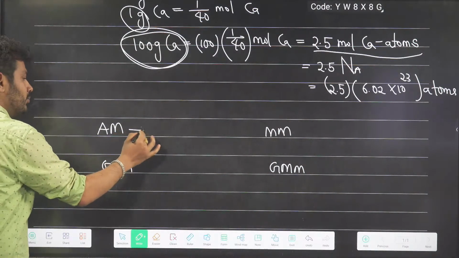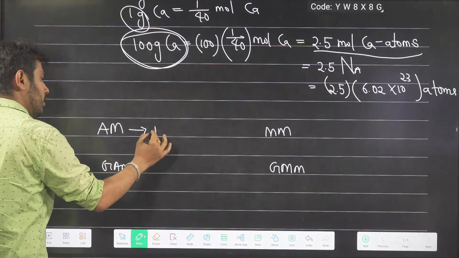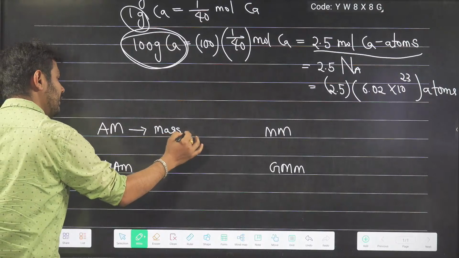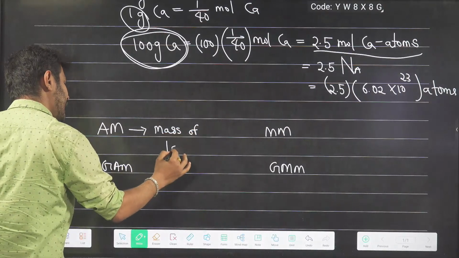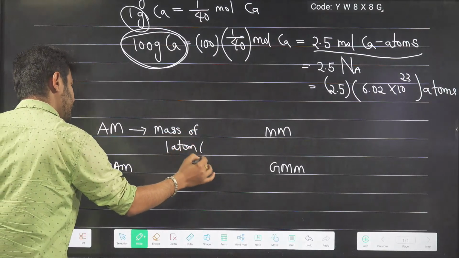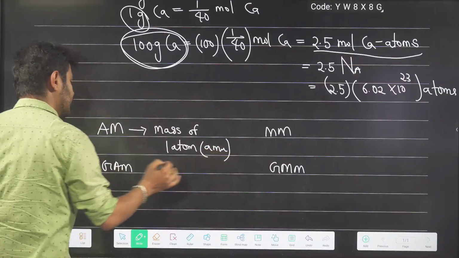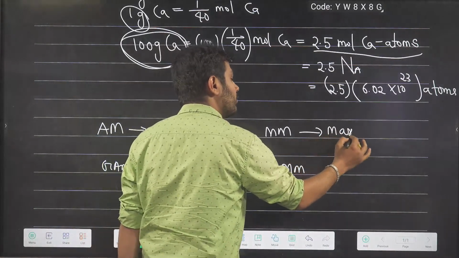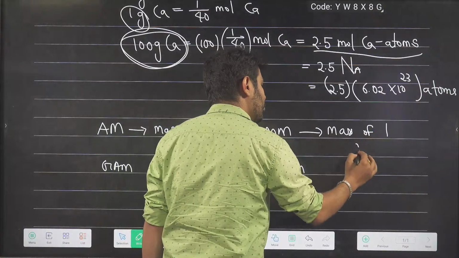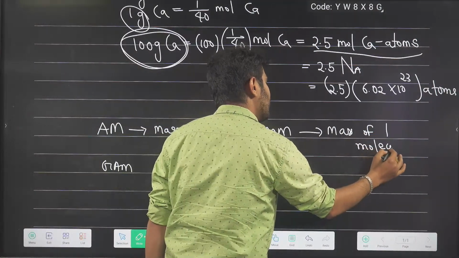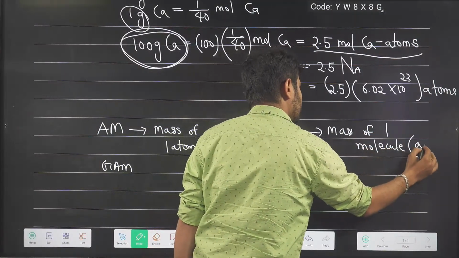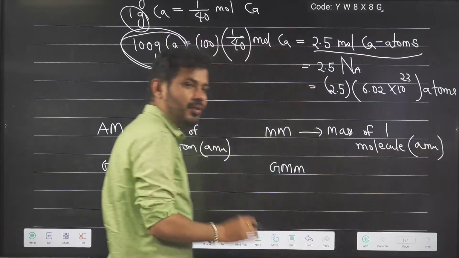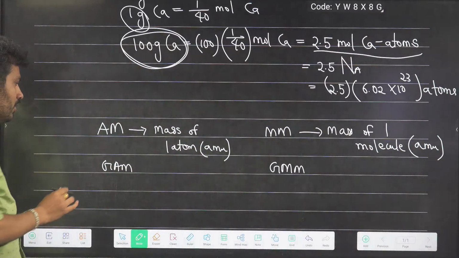So atomic mass means mass of, all are related to mass only. This is the mass of one atom. Mass of one atom in terms of AMU is atomic mass. Similarly, mass of one single molecule is molecular mass, and the unit here also is AMU. Atomic mass or molecular mass, unit is AMU. Whereas